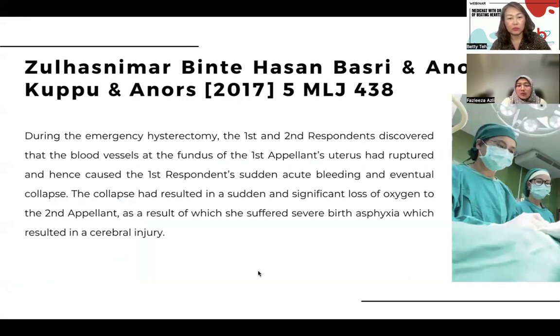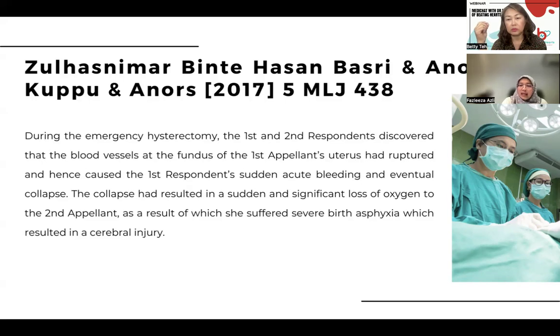Hysterectomy was performed as well. So this is actually more on the advice of risk, because he needs to do what he needs to do. And there's no discussion, but it's more like a life-saving kind of procedure. Therefore, whether in terms of the care management or even on the advice of risk, at the end of the day, the court is of the view that there's no negligence on the part of Dr. Kuppu in respect of both.